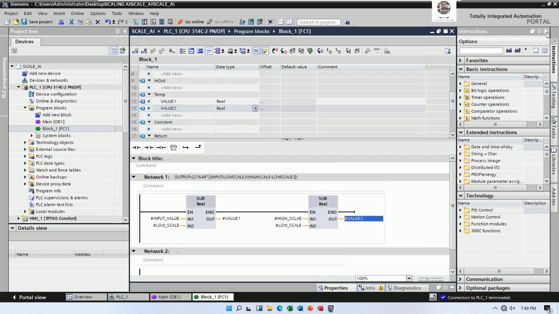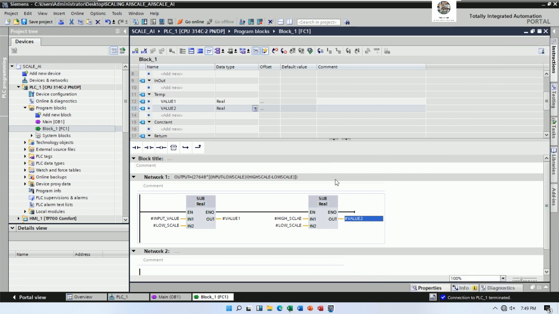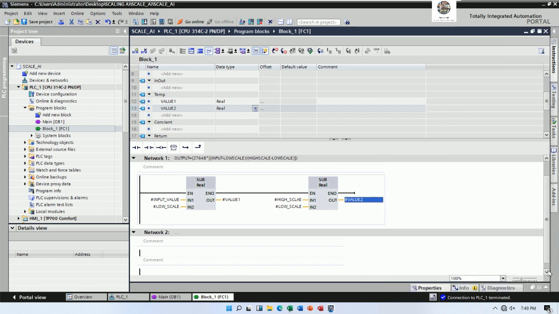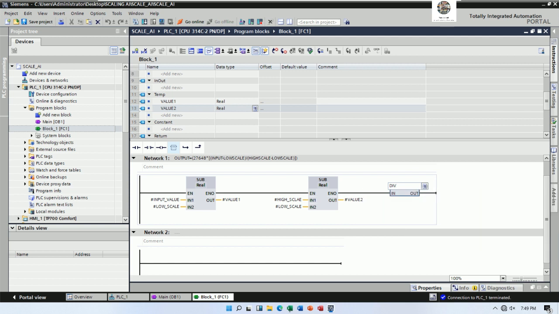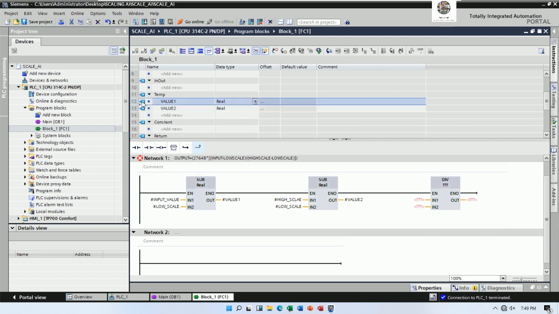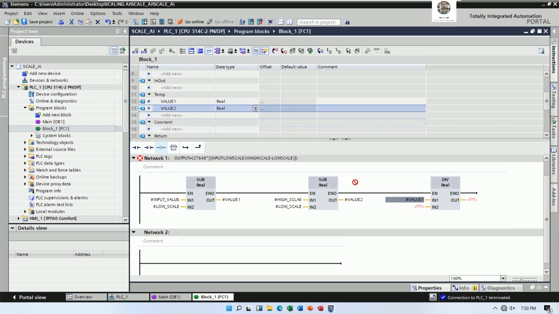Okay, and then we can divide this one and this one, right? So divide between value 1 and value 2. So value 1 divide by value 2,